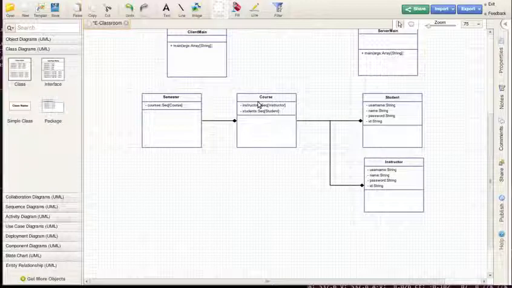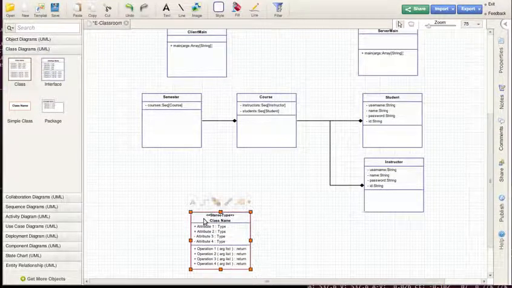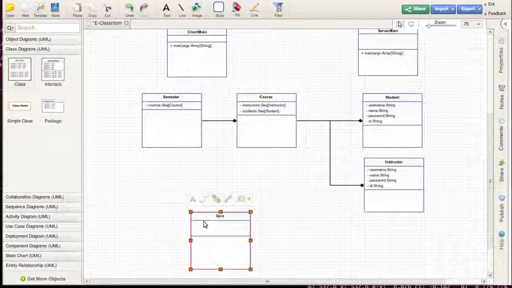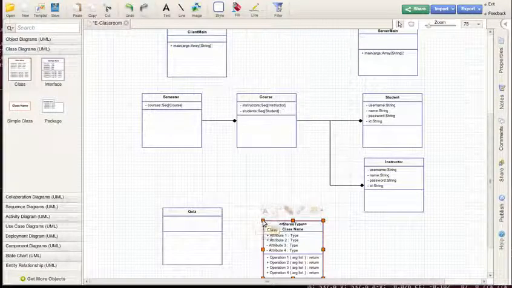Courses are in addition going to keep track of whatever activities we have. So we might start playing around with this further and saying, okay, we're going to have a class that represents a quiz in here, and the quiz is going to have some questions associated with it. We'll have to think more about the details of that. And one of the things about this is that we'll have a quiz, and we'll have